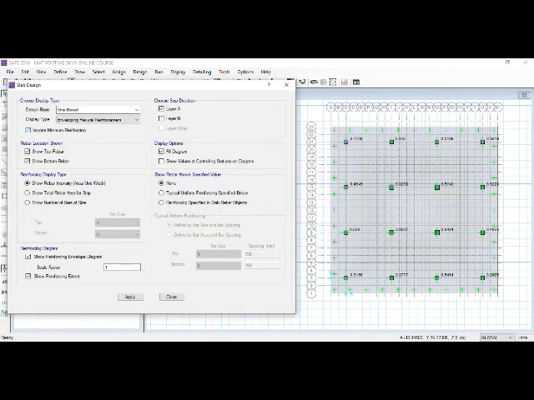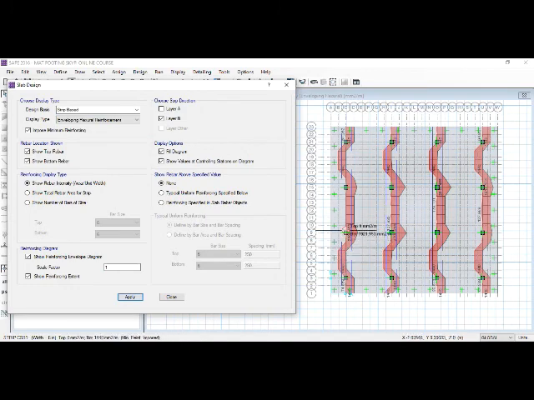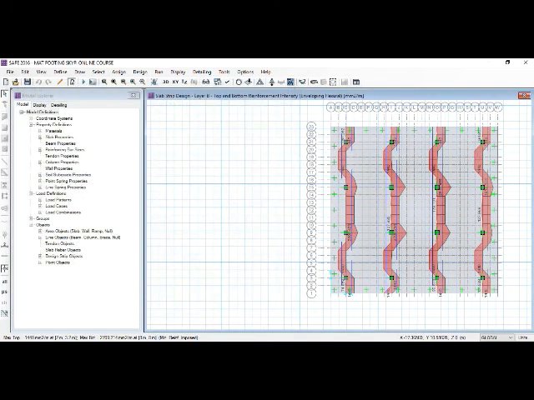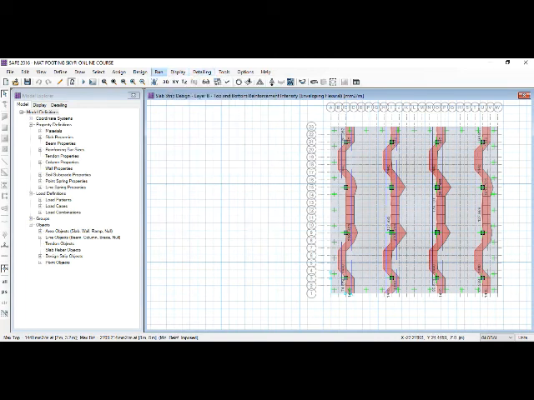So select the impose minimum reinforcement and then you click the layer and click OK, and you can see the values of reinforcement at the top and bottom for the column strips in the layer A. Similarly, you can choose the layer B and you can see the reinforcement detailing in the vertical direction. Similarly, you can go for the slab strip forces and again other parameters.